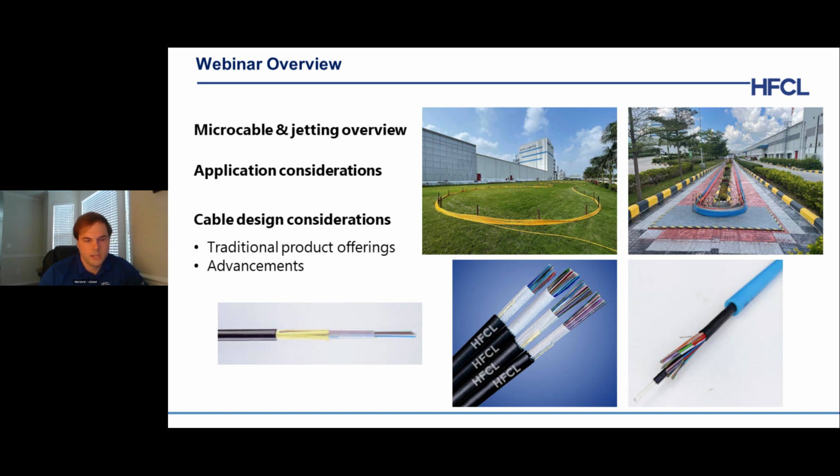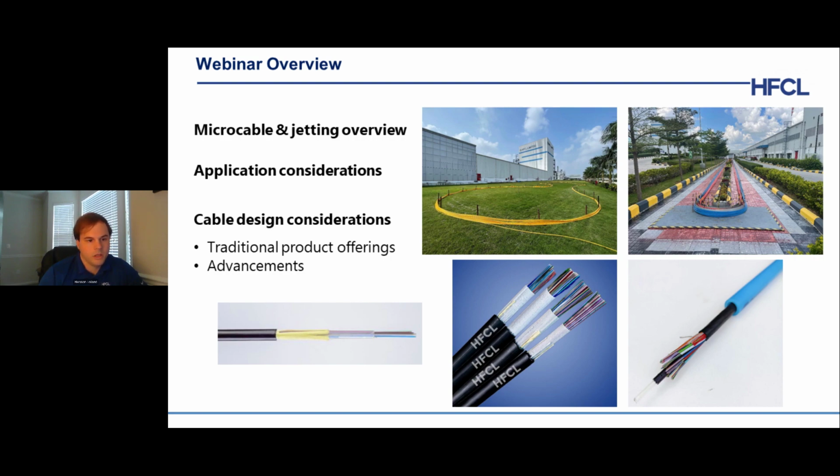The bottom left is more of a small fiber count, loose fiber type of design, like a small microcable or blown unit type of design. The bottom middle is a typical intermittently bonded ribbon unitube type design. So very similar in terms of construction as the former, but more dedicated to high fiber count designs. And then the bottom right is a microcable, a traditional loose tube microcable within a duct, and we'll touch on